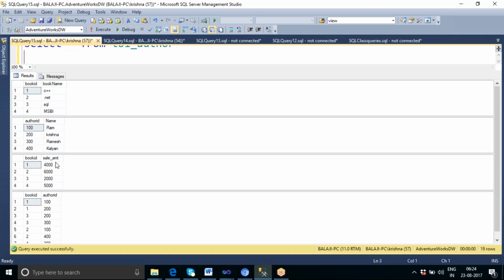Okay, so if I want to get the authorized sales, how will I do it? I will get the author ID, I will join this author ID table, and I will get the book ID information, and I will go to the book table, and from the book table I will get the sales. Okay, now let me see how we can design this in SSAS. Now let me go to our SSAS